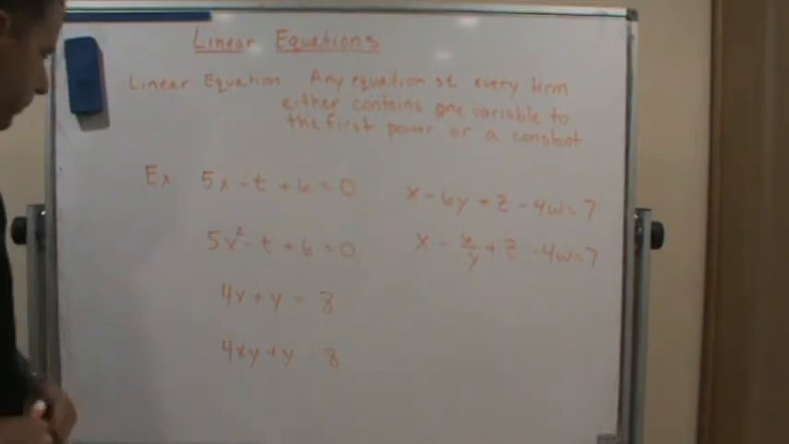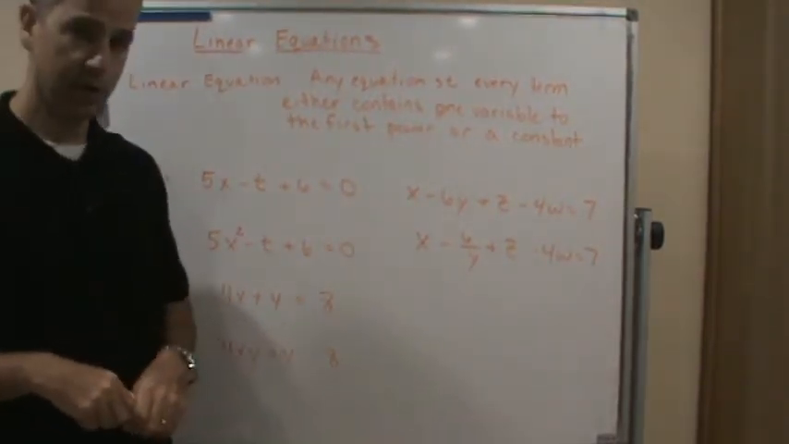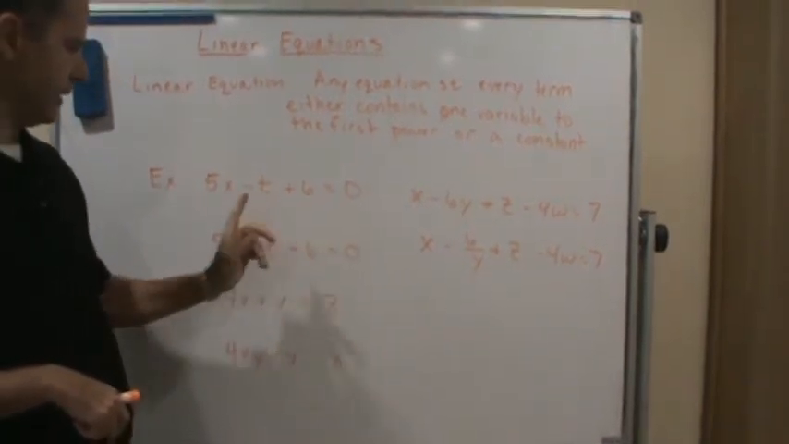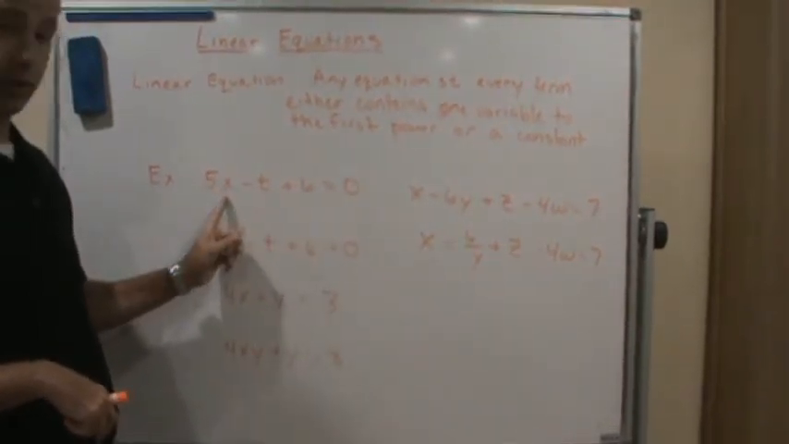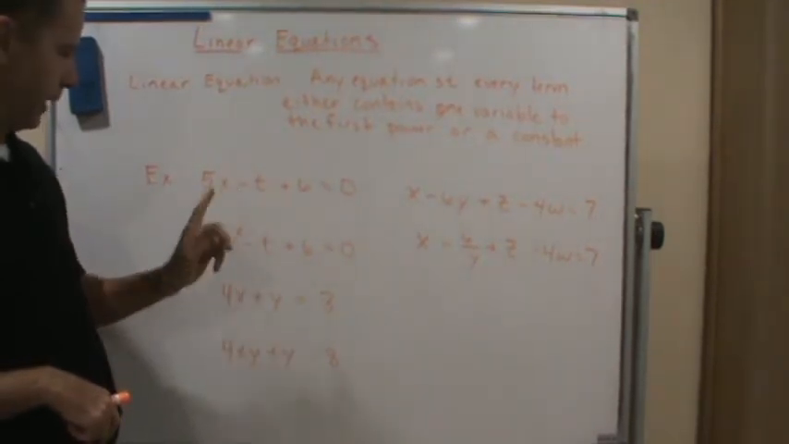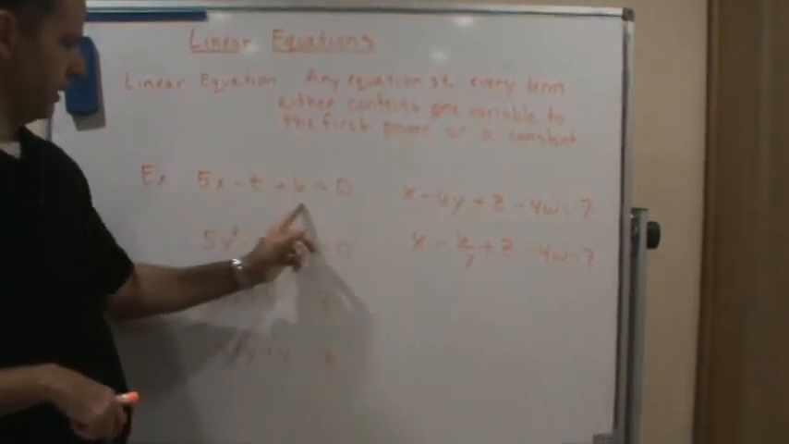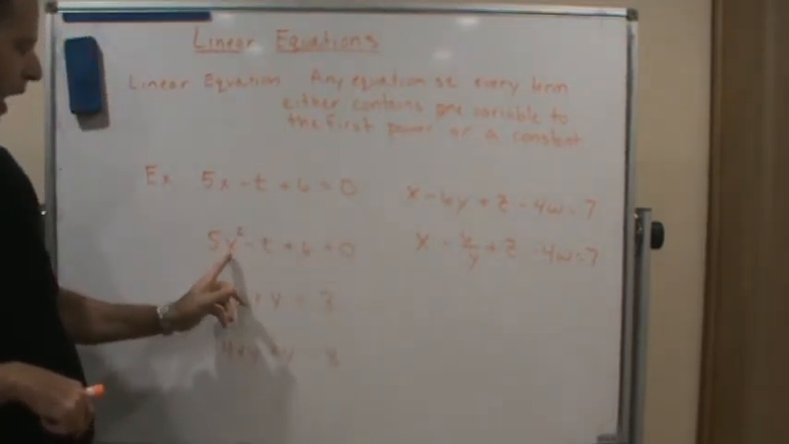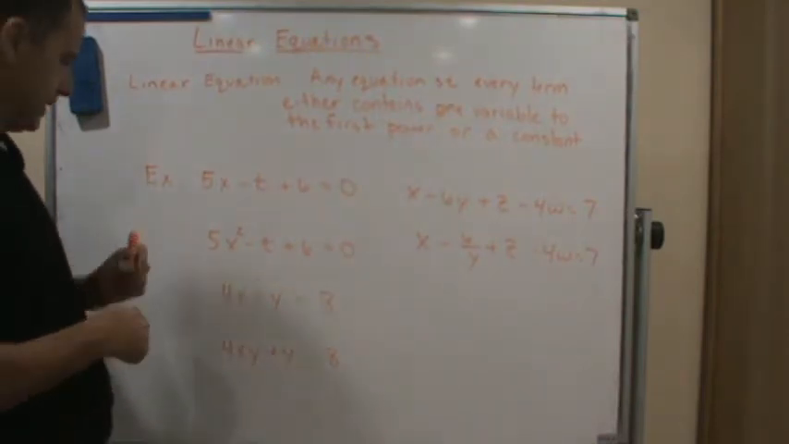So for example, in these examples, the ones that are linear equations, this one's a linear equation in x and t because you see that each term contains either one variable raised to the first power or a constant. Okay, so this would be an example of a linear equation. This, on the other hand, is not because of the x squared term. So this one is not